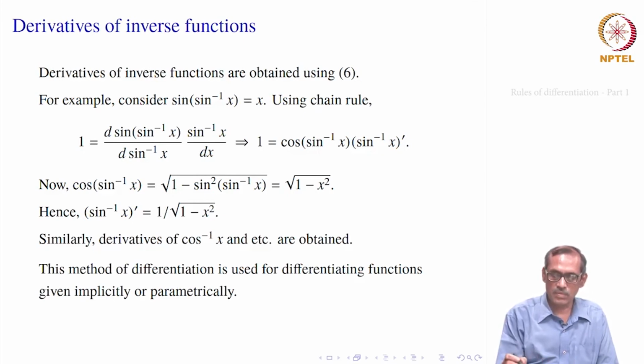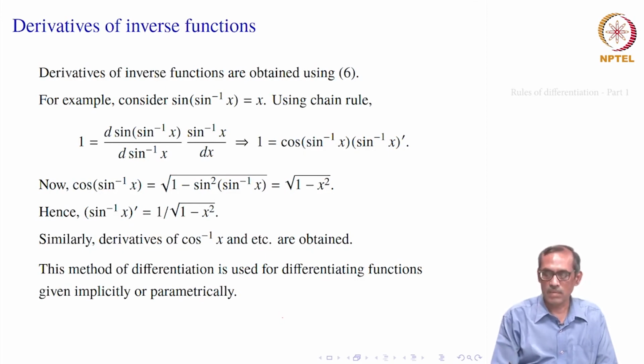So, in fact, sometimes we will not get the function given explicitly like y equal to f of x, but there will be an equation. We will say that the function is defined in its domain or in one of their possible domains. If it is implicit, it can be union of intervals. In one of those intervals, wherever you want differentiation, this equation can of course be solved if possible, but we do not need to solve it for differentiation. We can differentiate the whole equation as we are doing sin of sin inverse x equal to x, and then simplify it to compute our derivative. That is what is called implicit differentiation.